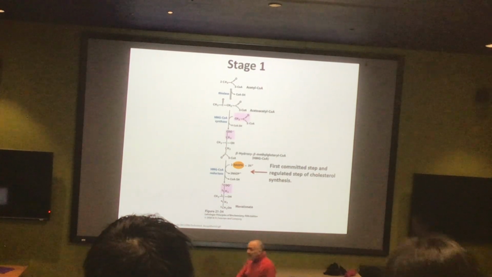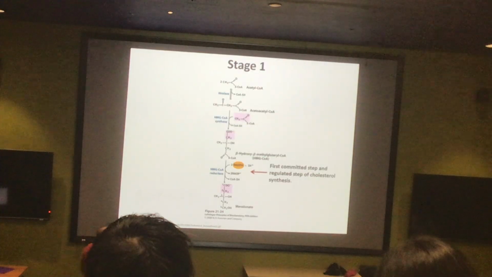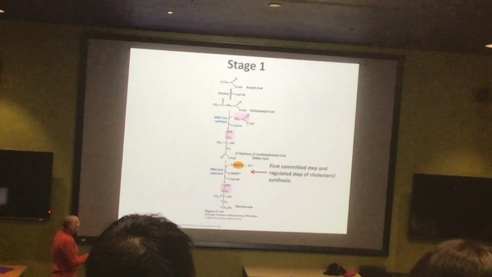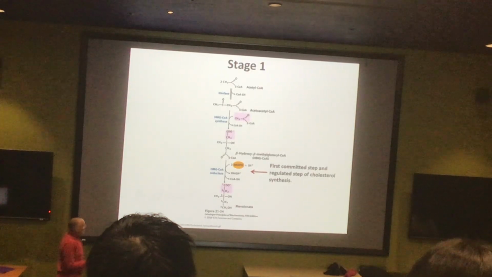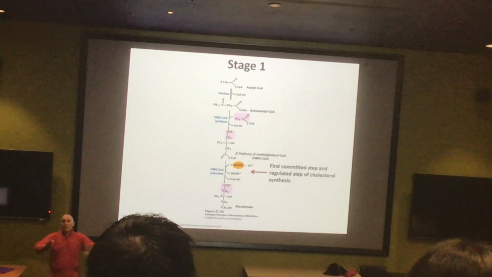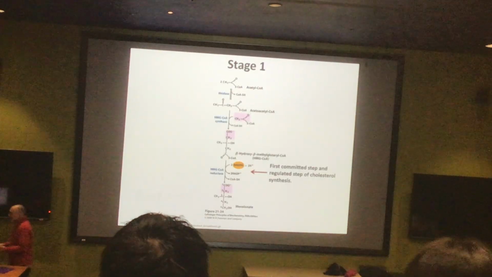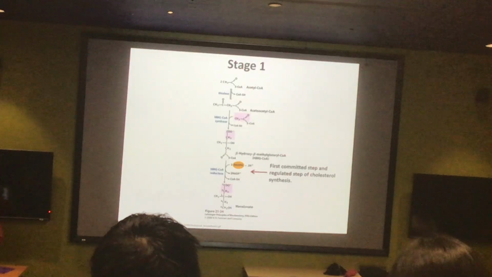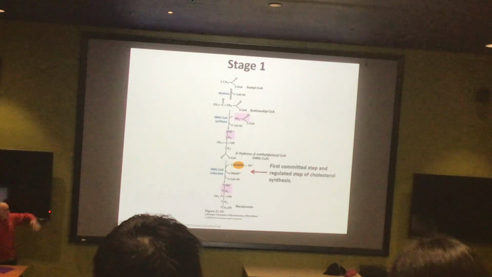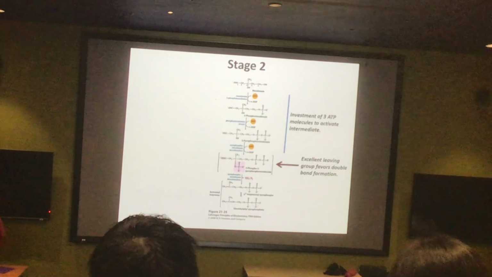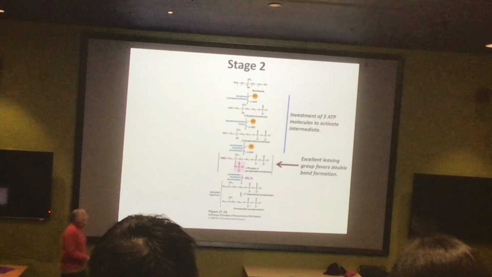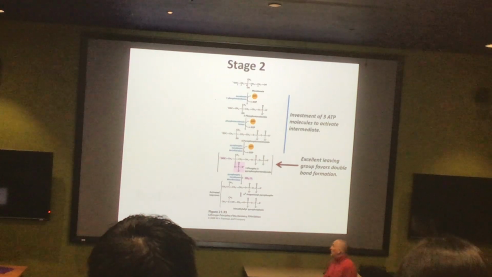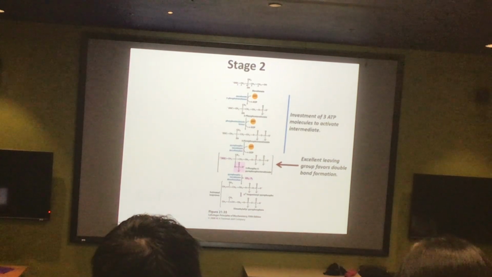The final step, therefore, in the synthesis of the mevalonate involves a pair of reduction steps, right, and the loss of the CoA, and now we have mevalonate. And at this point now, we're going forward, we're going to be making some isoprene. So that should probably say the first committed step of isoprene synthesis. There is nothing else to do with mevalonate other than go forward, going backwards. Of course, we don't need mevalonate. If we're going to make isoprenes, we're going to need to convert the mevalonate into the activated isoprenes that we actually need.